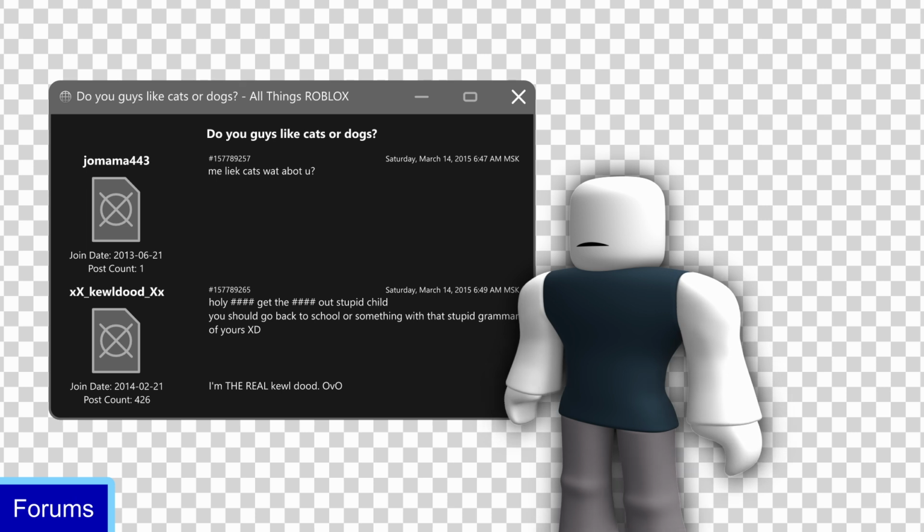Also, the ID for the post itself is not fake. I took it from the first ever post I made on Roblox forums in 2015. An embarrassing post, mind you.